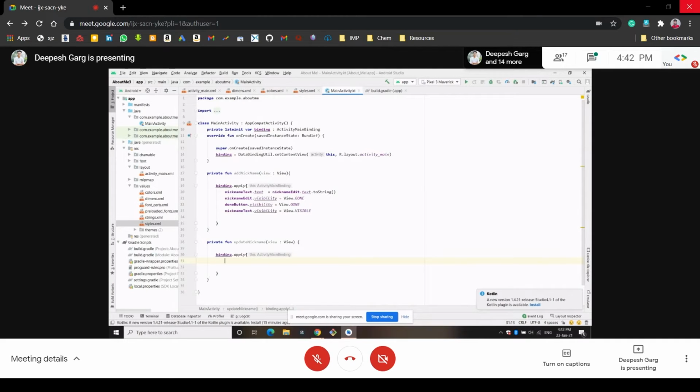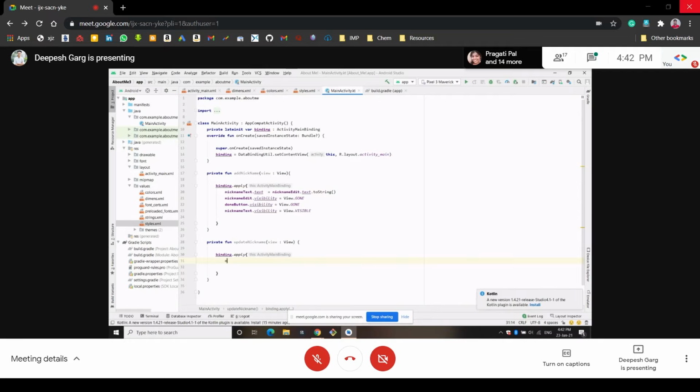We want the editable text view to be visible now. Some text is written there because the user has clicked the done button. So when the user again clicks that text, the editable text view should be visible. So we will make the editable text view visible now.